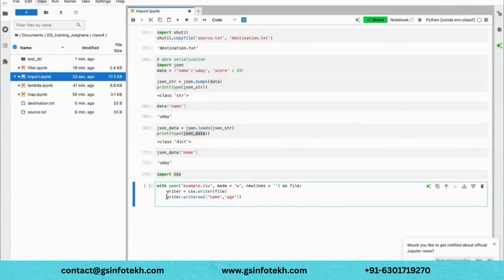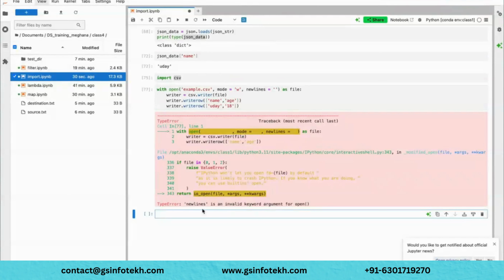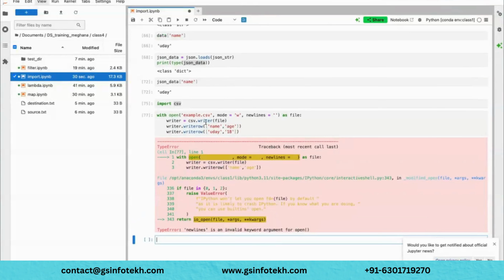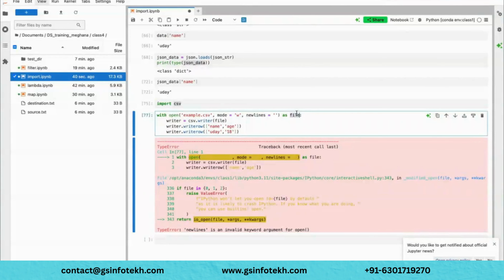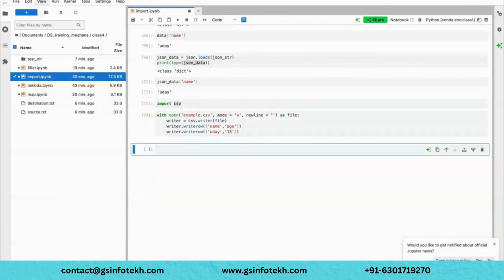Right, and then in the next row, I want the data. Correct, I want the data. Or I can call, today maybe I will write 18, something like that. Okay, so now let's see. One, open. Sorry, it's not new line, it's a new line. Okay,